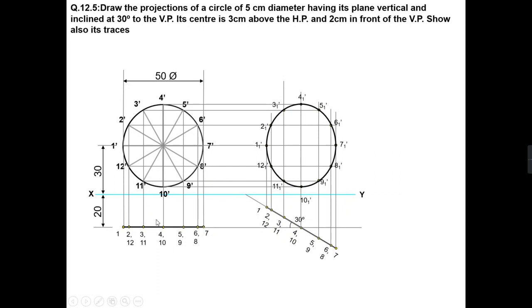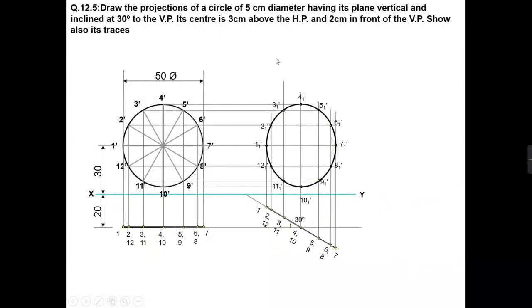If you are marking points like 1, 2, 3, and here 1 dash, 2 dash, 3 dash, you should mark these points like 1₁, 2₁, 3₁, 4₁. This line is the same as this line, so here you get 1, 2, 3, 4. Similarly, you have indicated the points here. So these are your points 1 dash, 1₁ dash, 2₁ dash, 3₁ dash.